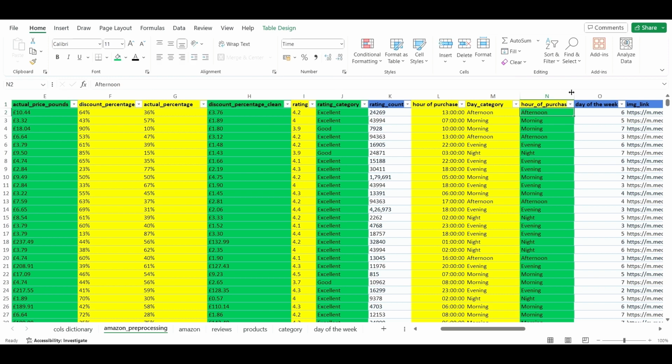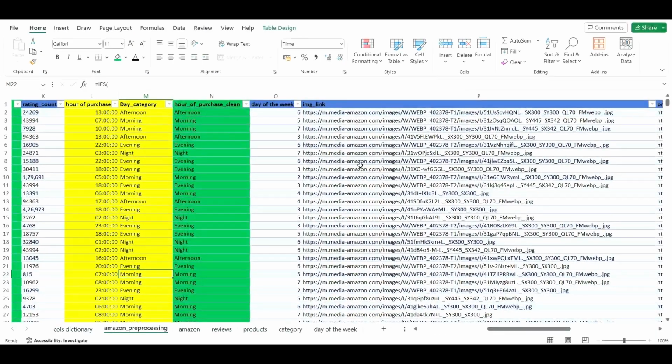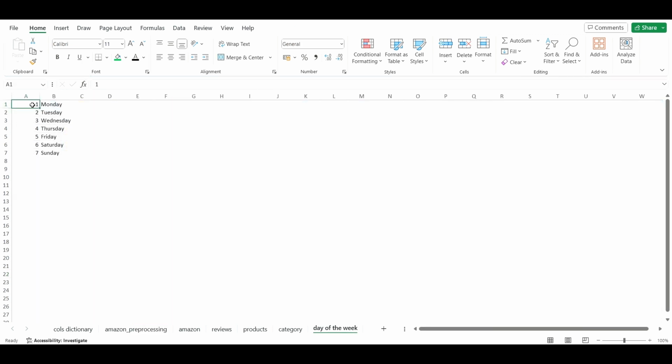Great. So now we have this column. This one's not highlighted, it's kind of bothering me. Highlight. So here we have day of the week and it's just in numbers, but if we go to the day of the week worksheet, we're going to see, I'm assuming, yep, just different numbers that are uniquely identifying each day